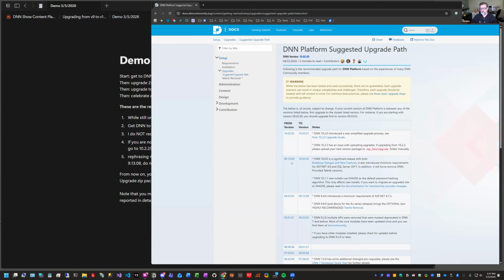You do not need to go to 9.13.10 if you are on 9.13.9 and want to make the leap up to DNN 10. You can skip the .10. What .10 is for is very specific. If you have a reason, maybe it's a vendor module, maybe it's compatibility on your server, something, and you really can't make the leap to 10 yet without quite a bit of work,